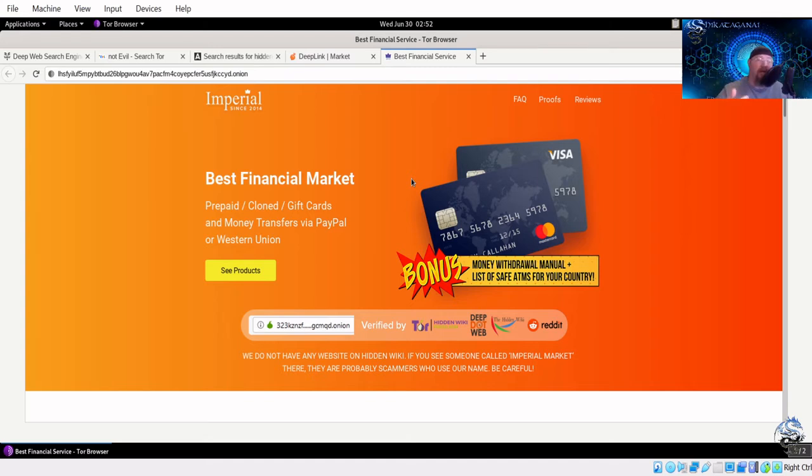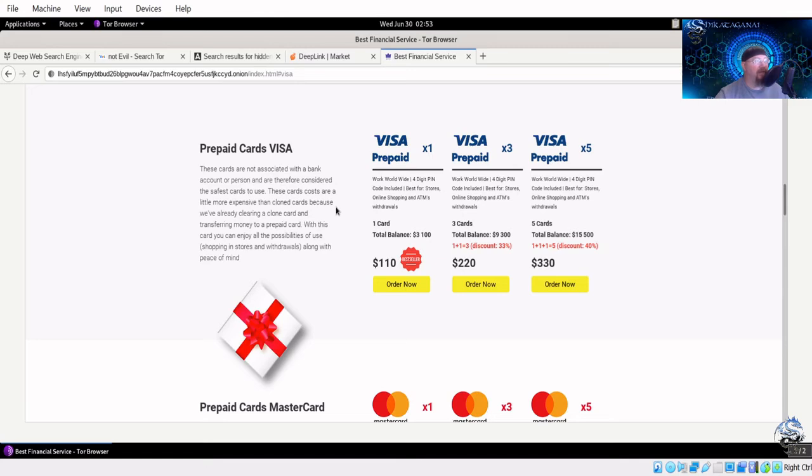So your original Bitcoin is just mixed in with a big pool of everybody else, right? And that's what they call a tumbler service. A lot of times people will say we're only going to use Bitcoin. So let's take a look and see what they've got for some products here.